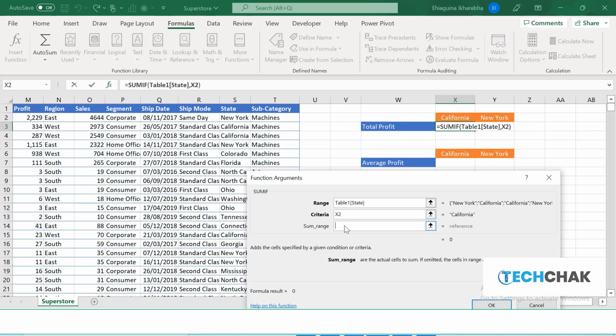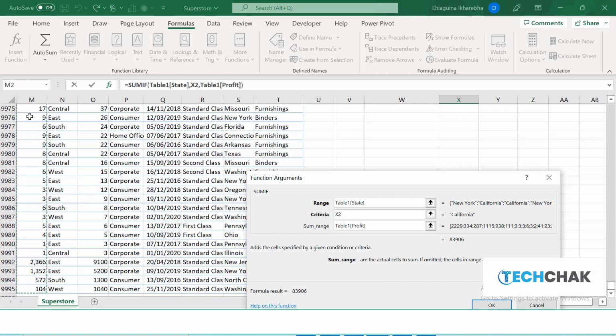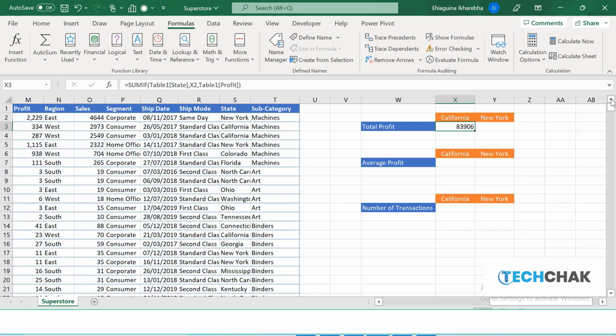Now, what do I want to add up? I want to add up the profit. That's my sum range. So I'll go to profit, click that, and hold my control key down and my shift key and press my down arrow key. So if I click OK, what I've just gotten is the total profit for the state of California. So in California, we made about